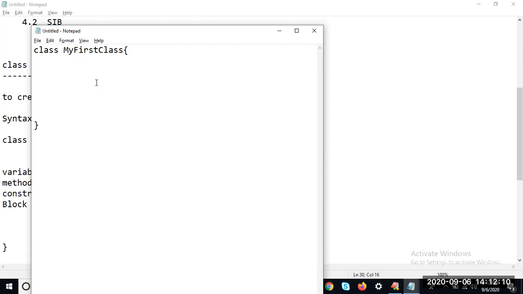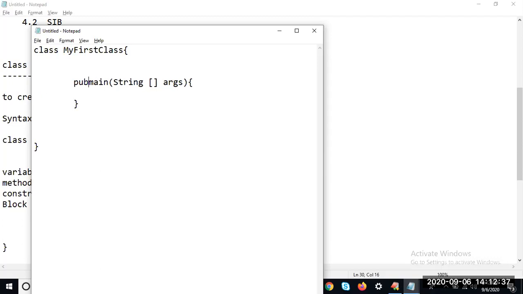Once you create a class, if you want to execute the logic of your class, your class logic execution will start from the main method. This is the main method in Java, and when you write the logic, it will execute from this main method. So how to declare the main method? We create the main method like this.